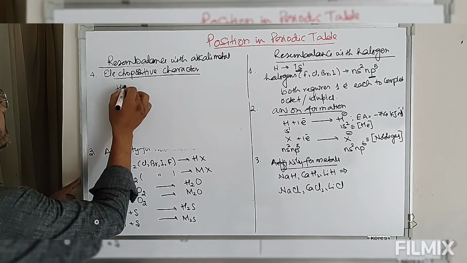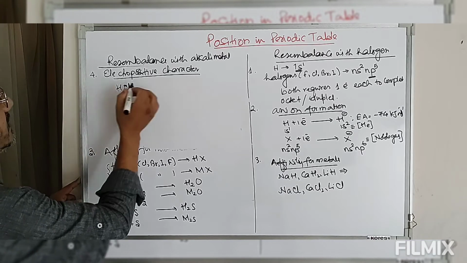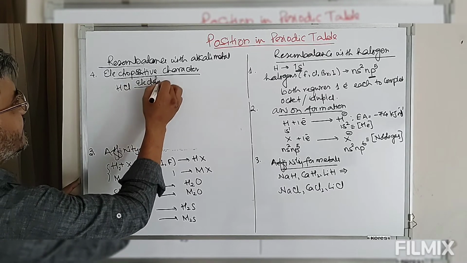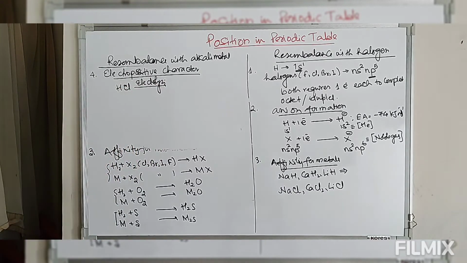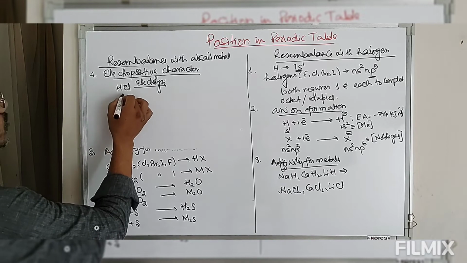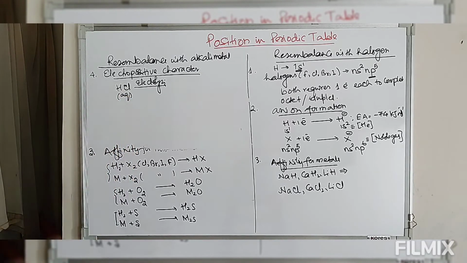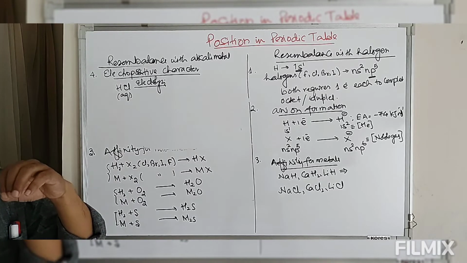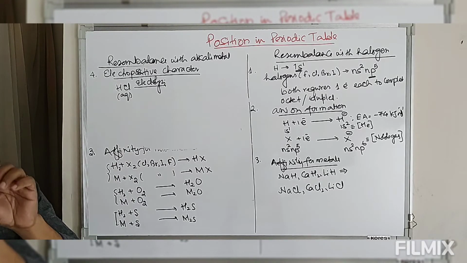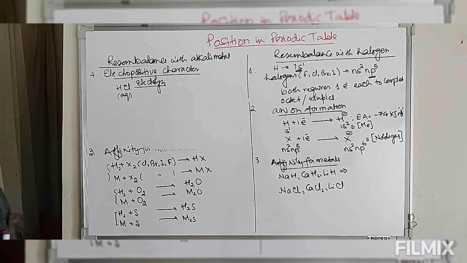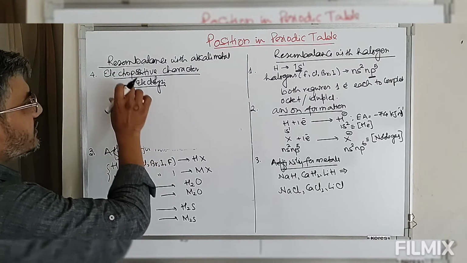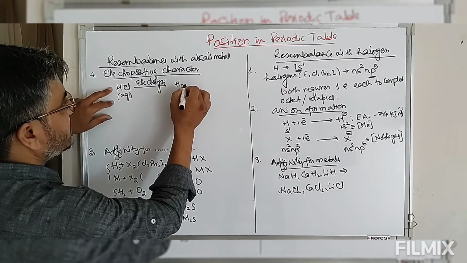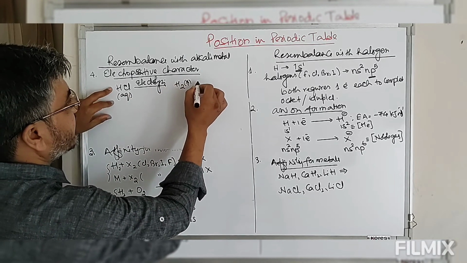Now we take HCl. Electrolysis of an aqueous solution of HCl means we take an aqueous solution of HCl and pass electric current through it. After passing the electric current, the reactions take place at the cathode and anode. Now when we electrolyze an aqueous solution of HCl, hydrogen gas is liberated at the cathode.